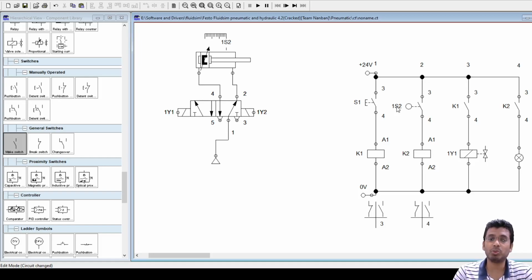Outputs will be your motors, in the sense of not hydraulic motors. If I just connect a normal electric motor directly here, your lamps, your 1x1, 1x2 solenoid valves, all those things will be your output elements, right?